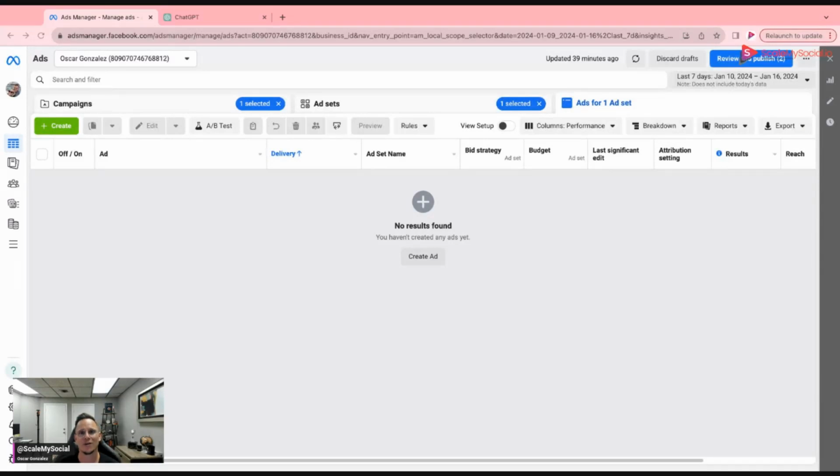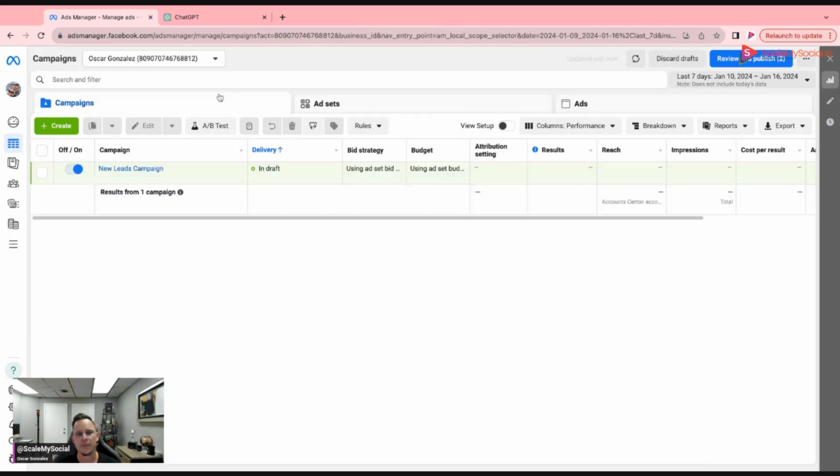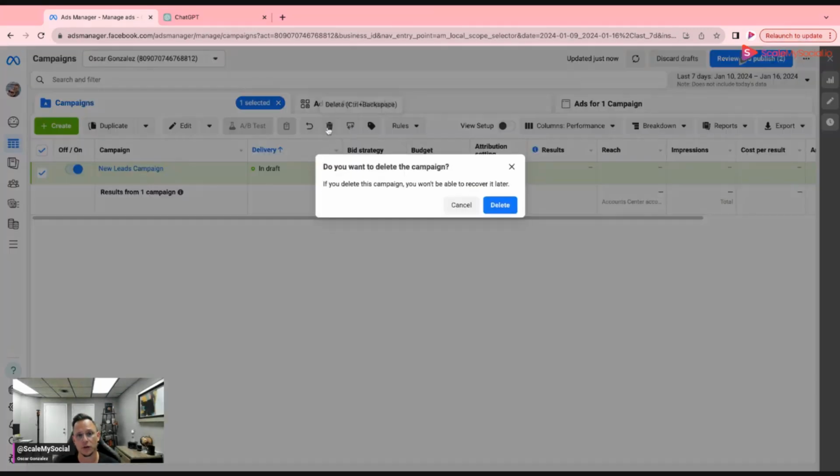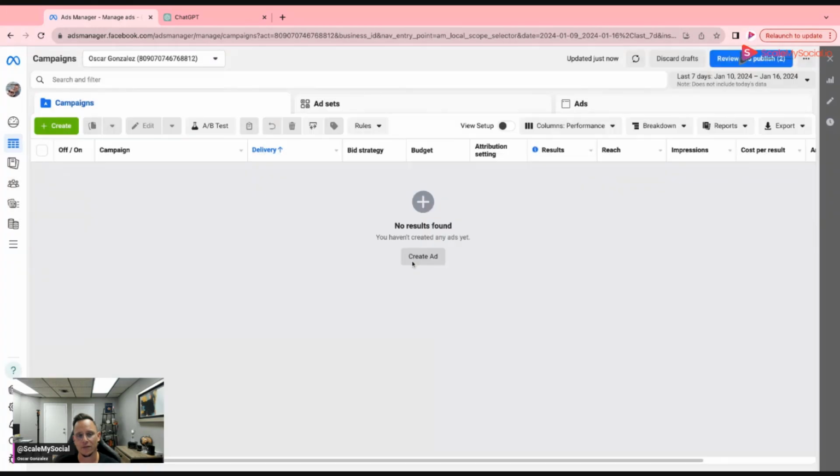Here we are. We're now on Facebook Ads Manager. Now, the Ads Manager will seem a bit complicated in the beginning as you start understanding how it all works. But the most important thing before we even start, I just want to show you these three components. As you can see here, and I'm just going to delete this because I want to make sure that we really start fresh and that we don't have anything else here. So you see these three tabs: